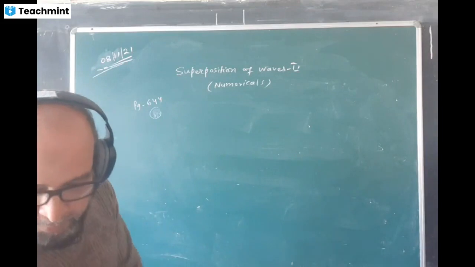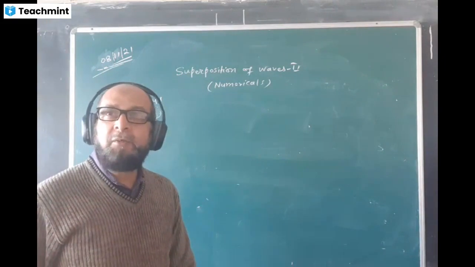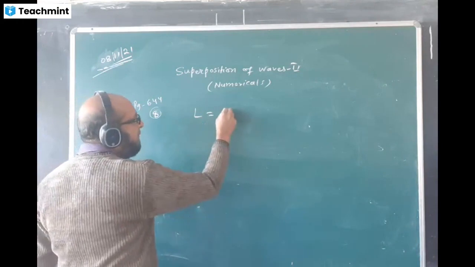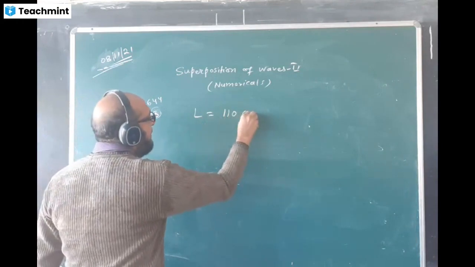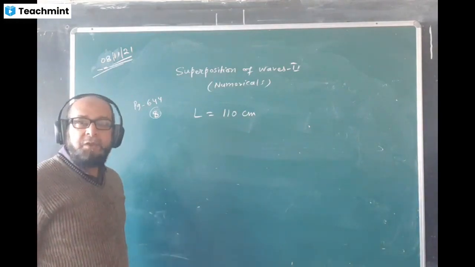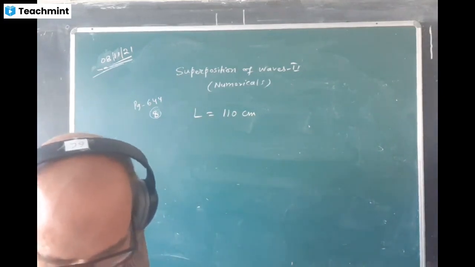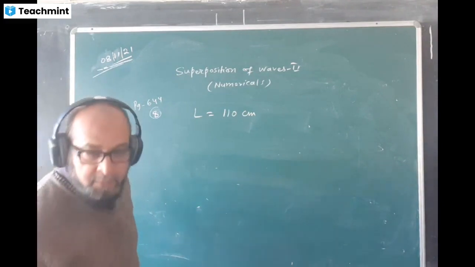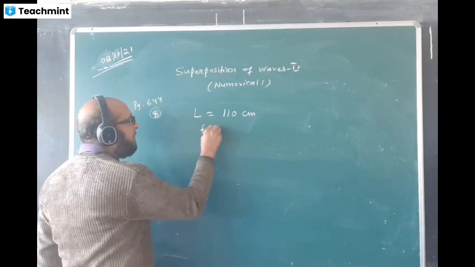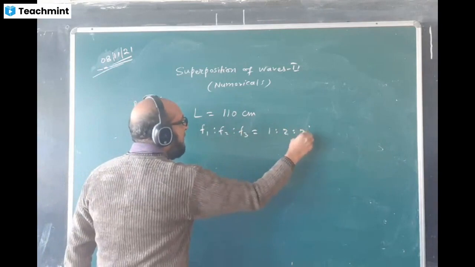I think in this question and the previous question, correction is needed. The total length was given 110. I think we'll correct it. That was a wrong solution which I gave. So please correct. Total length is 110 centimeters. Fundamental frequencies are in the ratio 1:3:5. So for first case, it is 2:3. Sorry, the frequency ratio F1 to F2 to F3 is given 1:2:3.